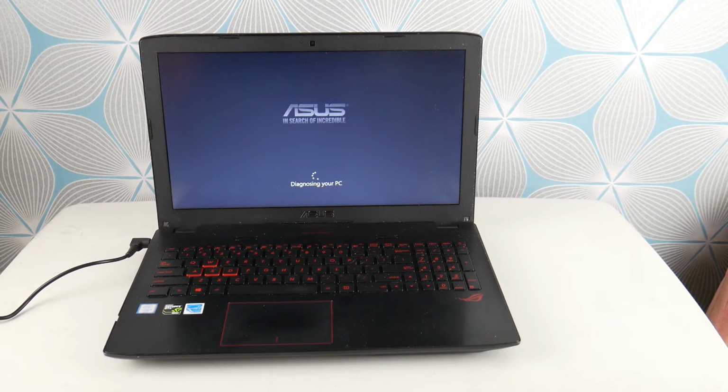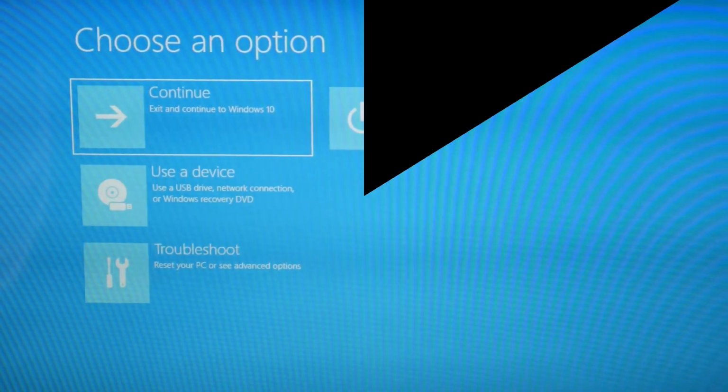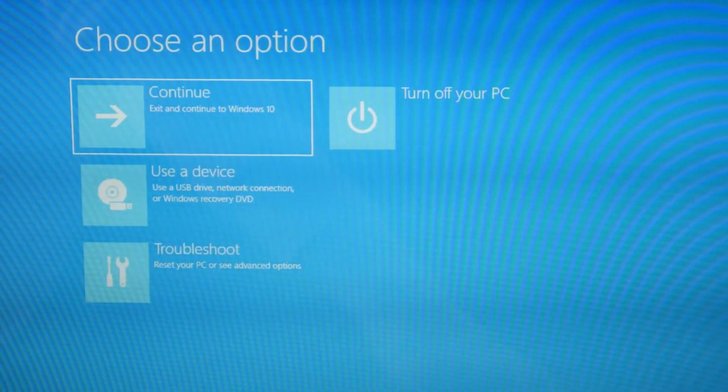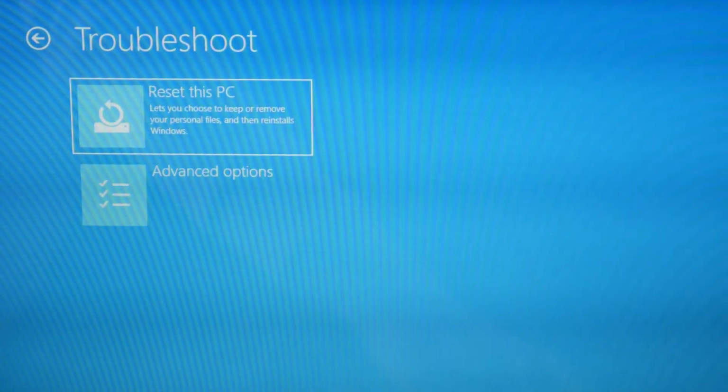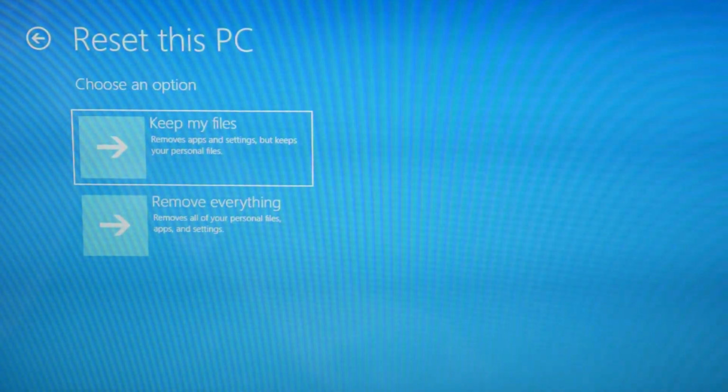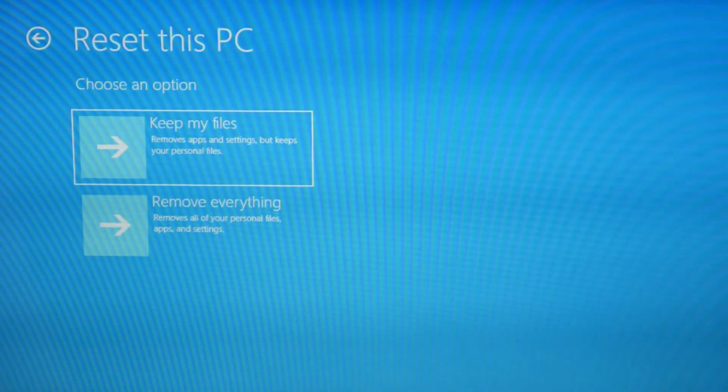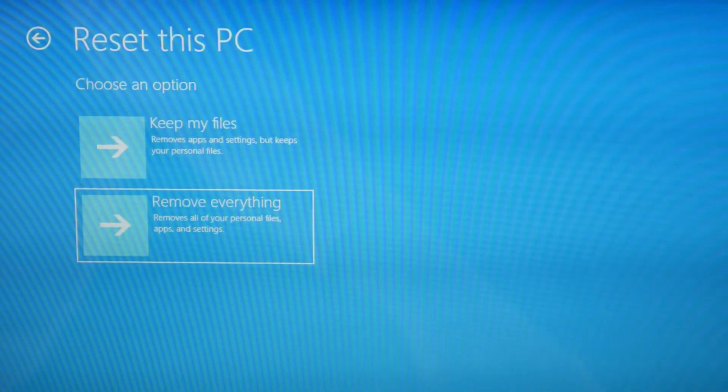which I know is sad. You lose your data, but try to save a computer here, and this is honestly one of the next steps. So once you get to this screen, hit troubleshoot, reset this PC. We're going to do the remove everything. You could try the keep my files option. It does occasionally work, so you've got to always try that first. But if it doesn't work, remove everything is really the